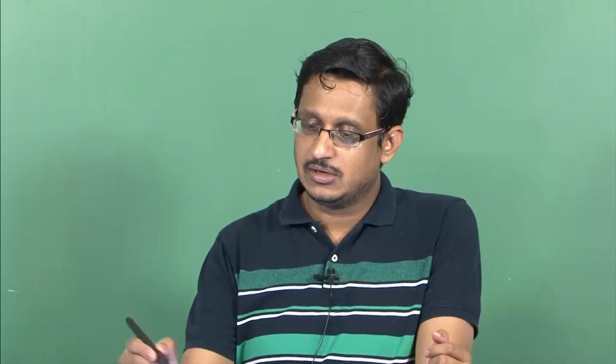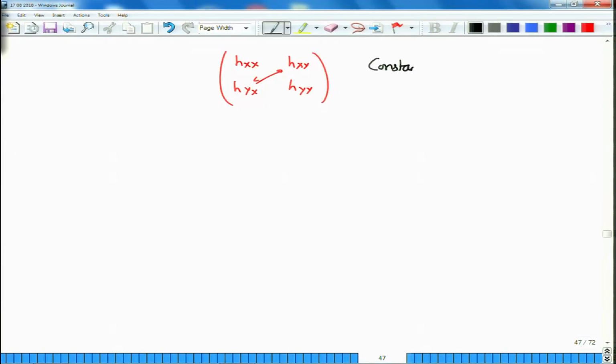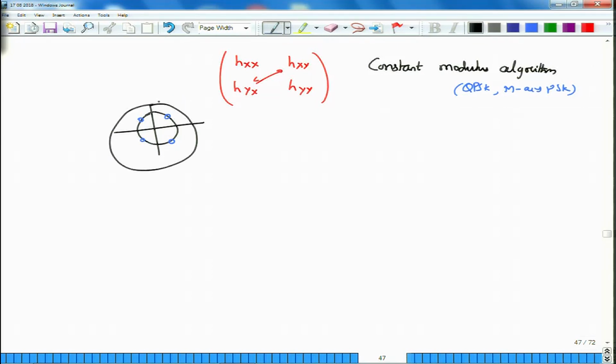One such mechanism that we use is called the constant modulus algorithm. This is motivated for those modulation systems in which the amplitudes in an ideal constellation are going to be constant. So these are mostly used for QPSK or M-ary PSK types of modulation systems. They can also be used in some sense for phase-only modulation systems, but to extend them to include, say, an additional amplitude factor.